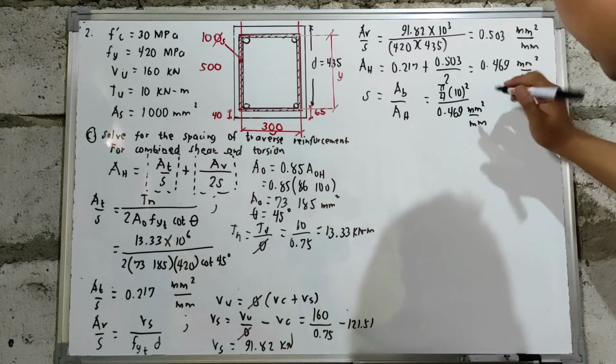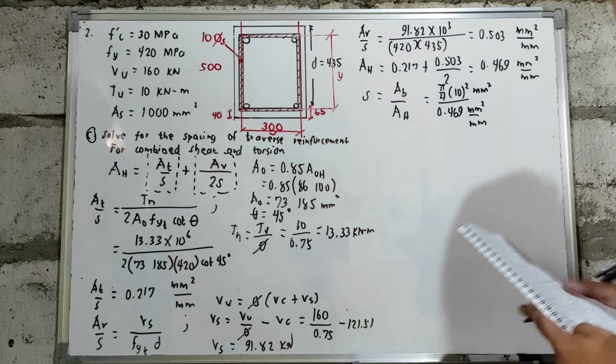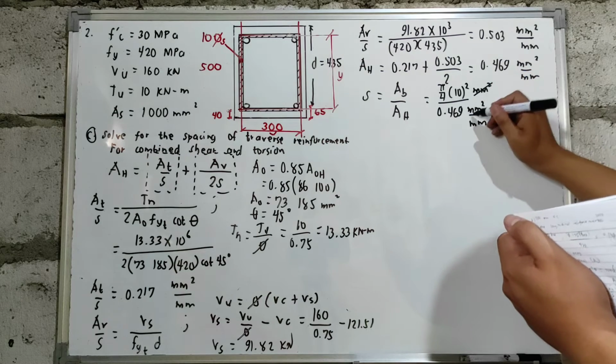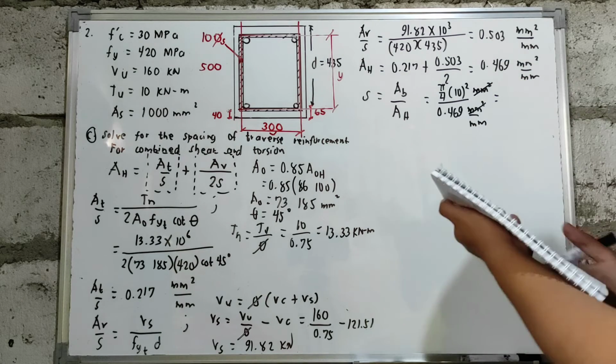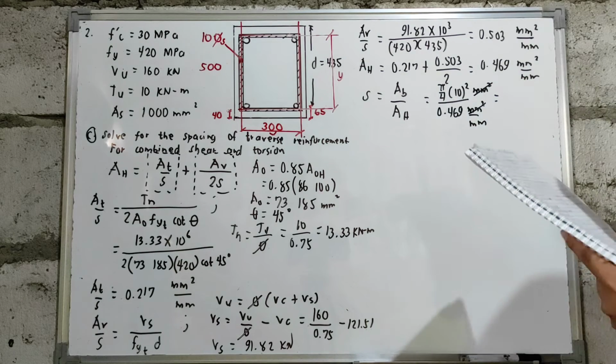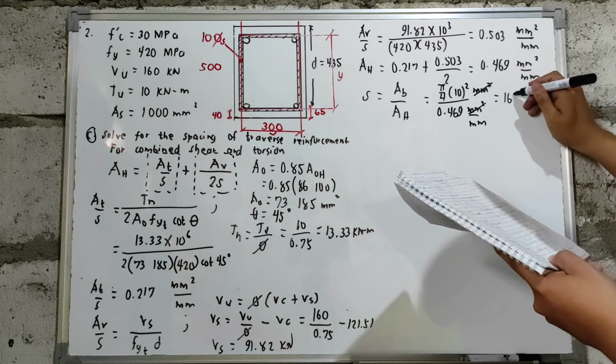The unit of the bar area will be mm squared, so it cancels out and what remains is millimeter. So, you will have a value of 167.46